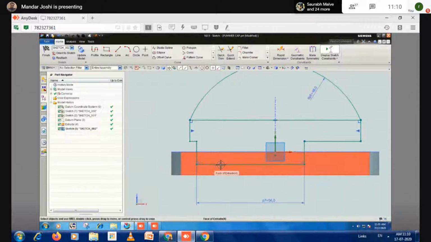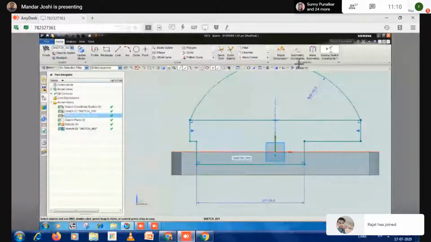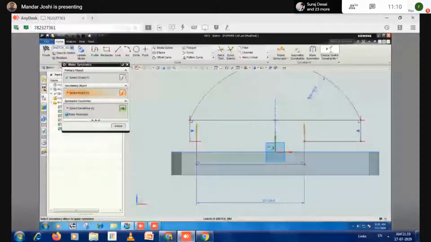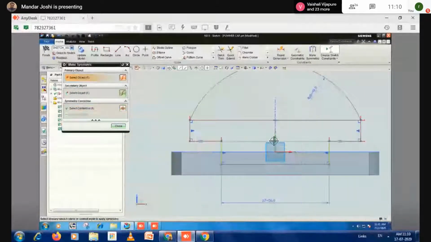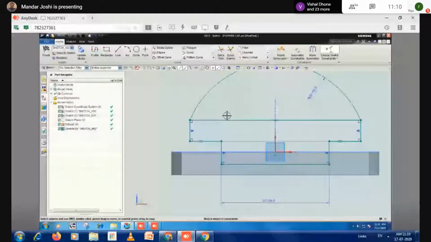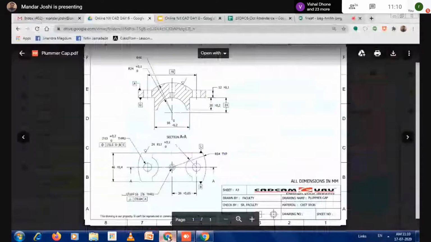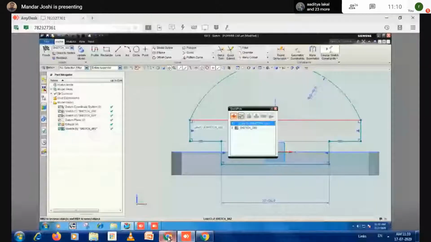Okay. So this is 56 as usual. No problem. So now I'm going to use a symmetric relation. Make symmetric. First line, then second line, then center, then close. Okay, next step. Do I require this line? Just see this drawing. No. So you select this line and directly delete.